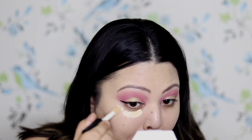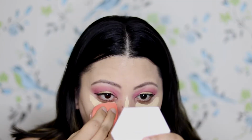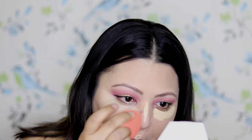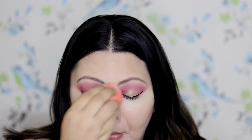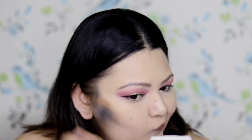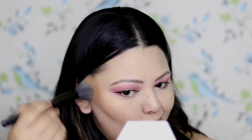For my concealer, I'm just using the E.L.F camo concealer. Again, the shade will be mentioned down below. I'm just using it around my under eyes, on the bridge of my nose, cupid's bow and chin, and just using a sponge to blend everything out. I look so ghostly. And then taking the Flower Beauty bronzing and contouring palette,